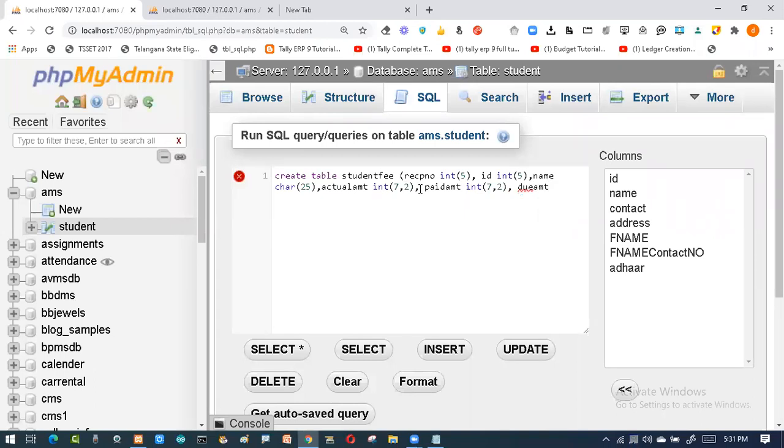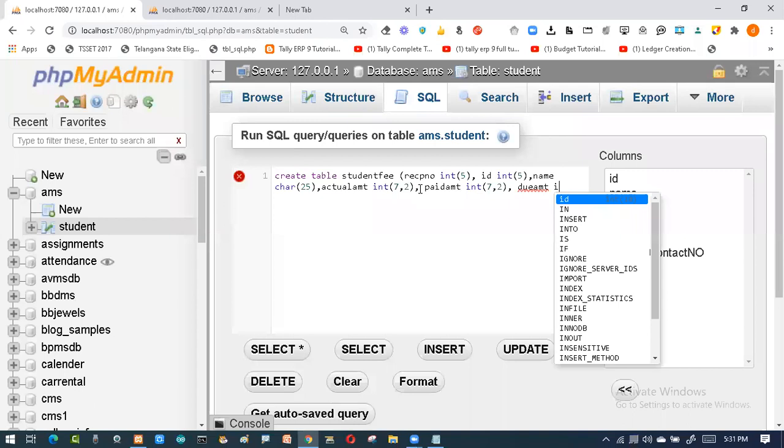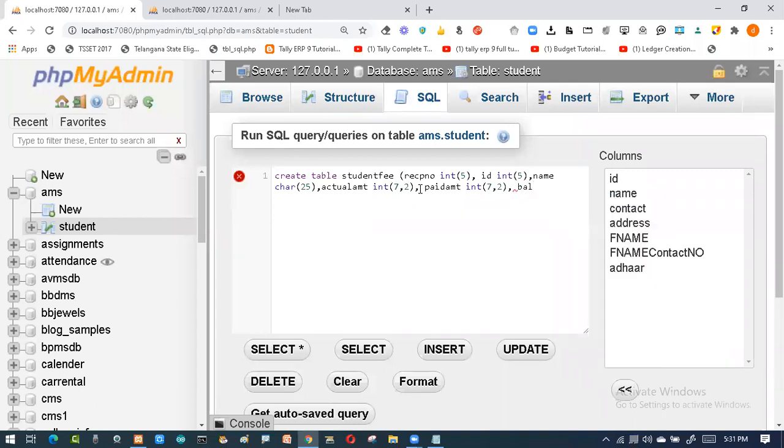So the balance, or you can say due amount, or balance amount left to pay. Then I'll say again integer, then 7 comma 2. Okay. Then if you want the date on which he paid, so date of payment.